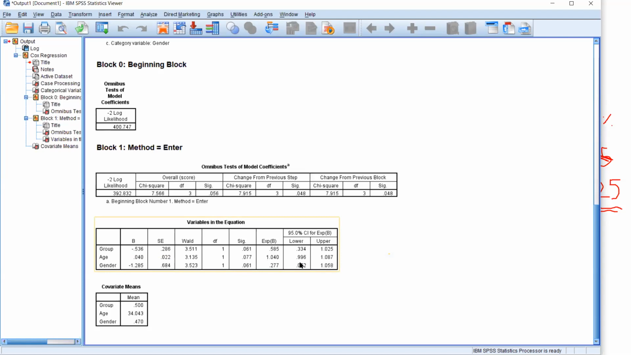So another easiest way to see whether a hazard ratio is significant is if the 95% confidence limit